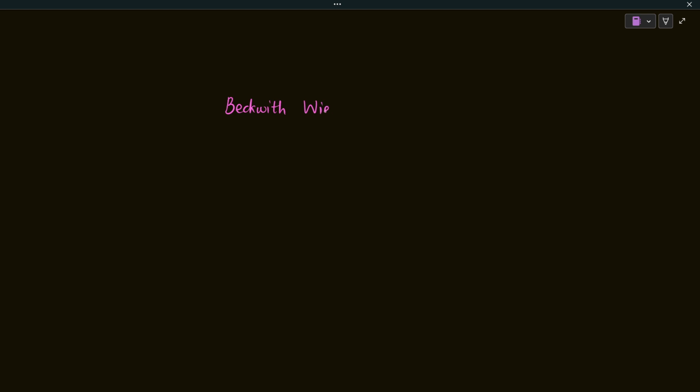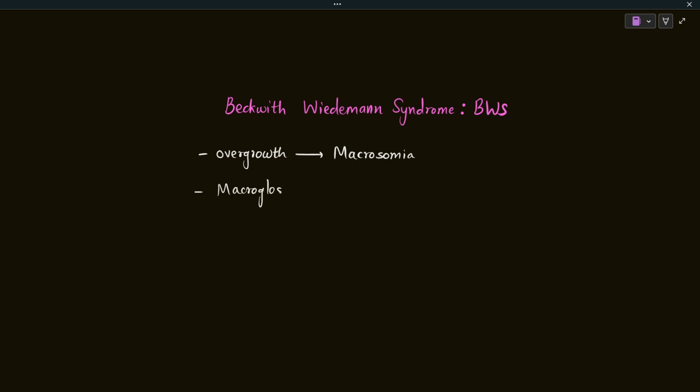So we are going to learn about Beckwith-Wiedemann syndrome in detail. This is also abbreviated as BWS. This syndrome is characterized by overgrowth, which results in macrosomia, meaning a large body size at birth, so it leads to a bulky and gigantic body. So fetal and postnatal overgrowth is seen in this disease, as well as macroglossia, meaning a larger tongue size,